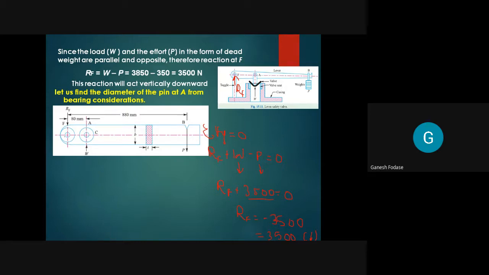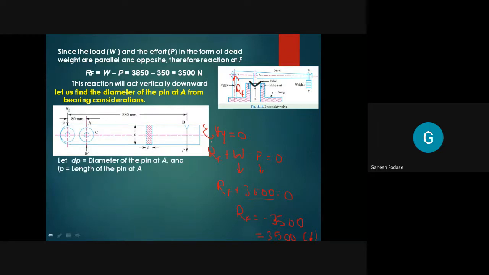Okay, and these are the portions, at point B, point C and point F. You can see here at point A, this is your bearing pressure at this point. There is a pin at A, and we need to find the diameter of this pin at A. Of course W is acting upward here. So there is bearing pressure here, and we need to find it at this section, the bearing pressure at A.